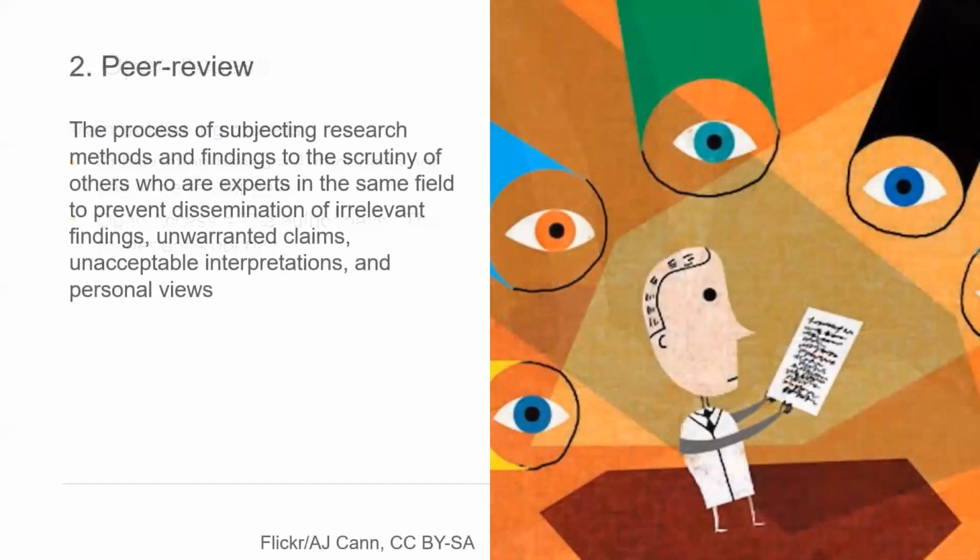So the next is to look at peer review. So peer review is a very important concept also in terms of predatory. And this is the practice which basically forms the foundation of science. It entails that your paper is subjected to the scrutiny of experts to look into the methods, the data, and your findings. And this is done to ensure that you have followed scientific methods and to prevent dissemination of irrelevant findings, unwarranted claims, and unacceptable interpretations and personal